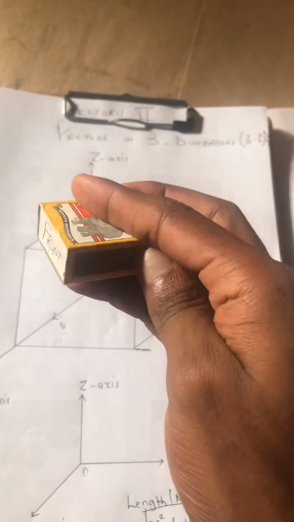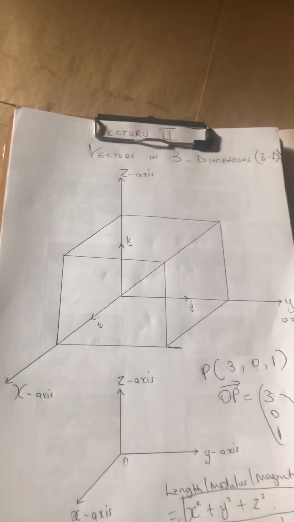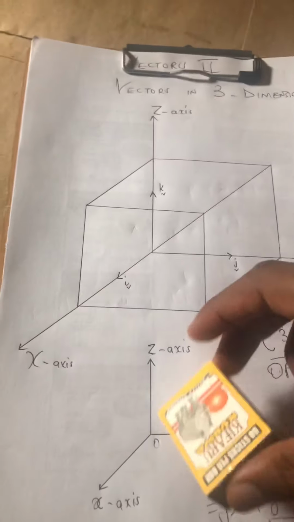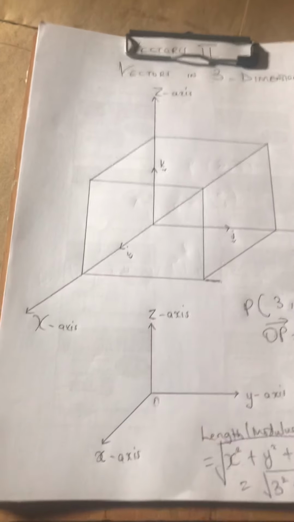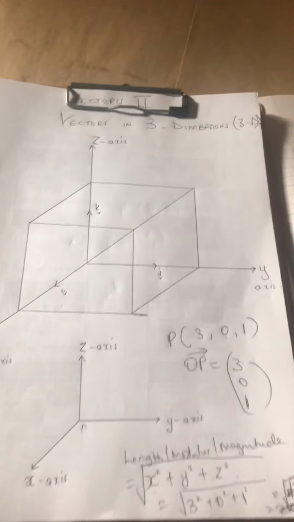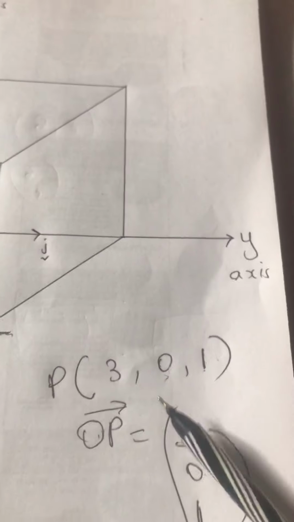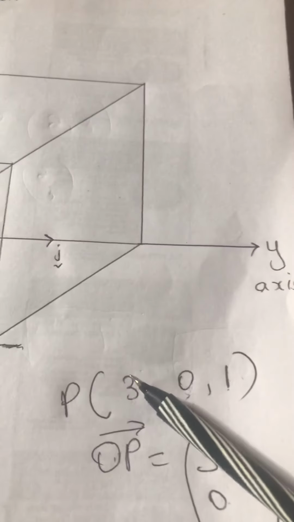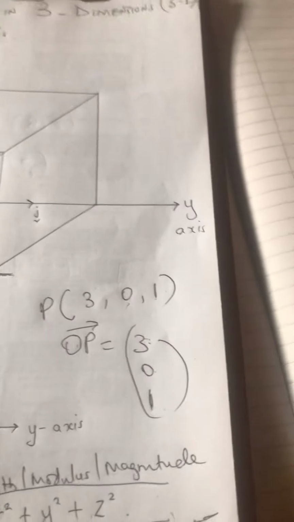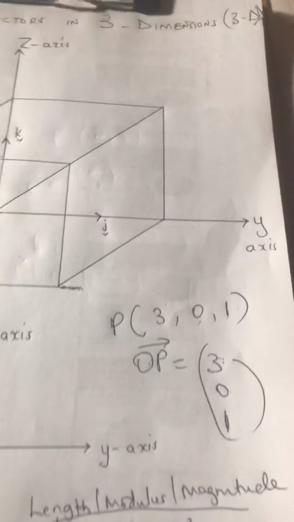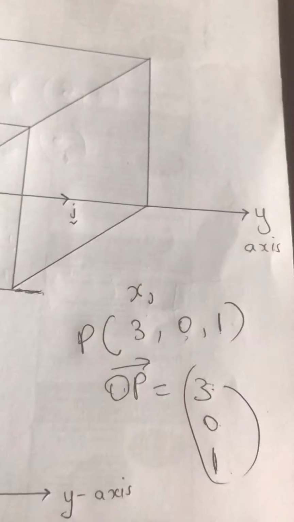Nikikupa example ya kiberiti, you can see the front view, the side view and the top view. So unaona kitu kama hii, unaona 3 sides ndio inaitwa 3 dimensions. And nikichora kitu kama hii lazima nitumie Cartesian plane ya 3D, of which iko na the x-axis, the y-axis and the z-axis. Of which points zitakuwa sasa 3 representing the x, y and the z axis. So sasa tutakuwa na point ina represent